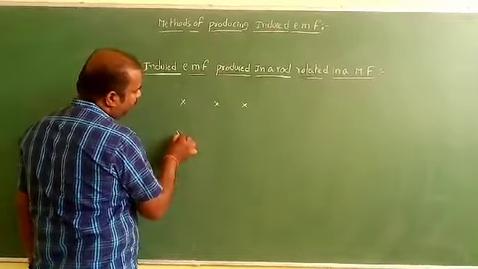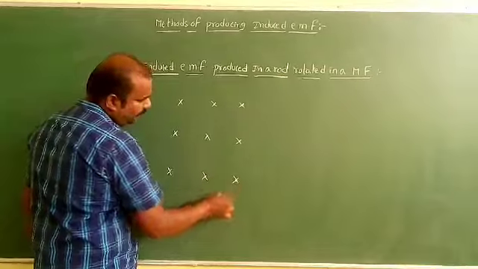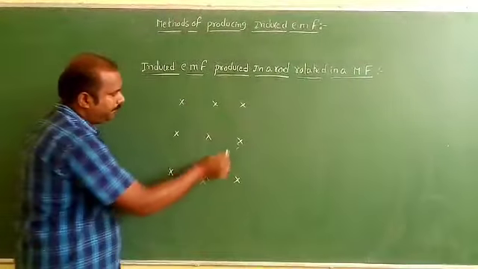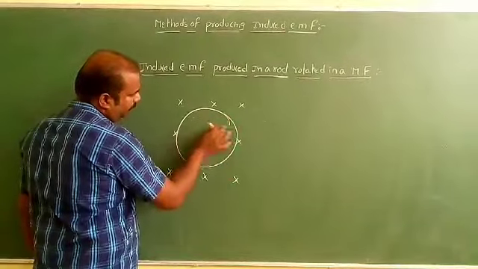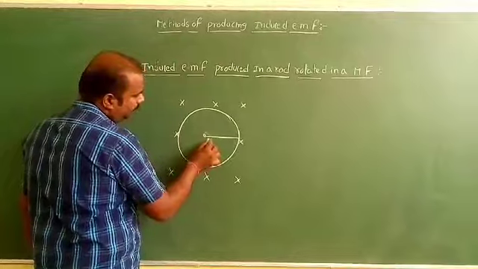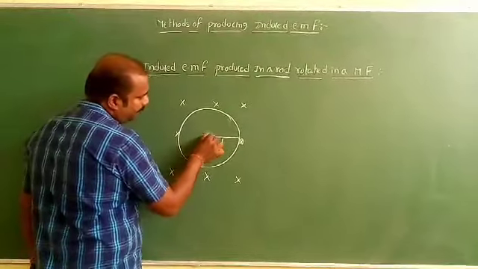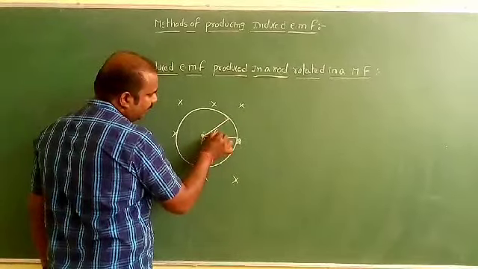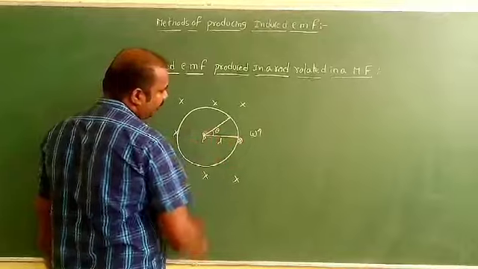Once again I am taking uniform magnetic field, which is perpendicular to the plane of the board. Now here I am taking one conductor of length PQ, of length L. It makes an angle theta. If it is rotating with angular velocity omega in anti-clockwise direction,